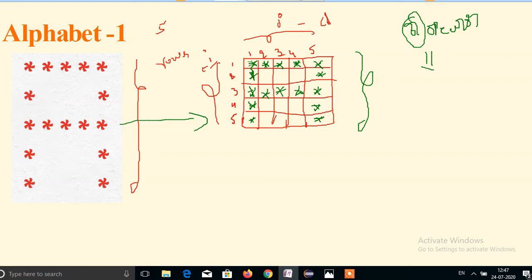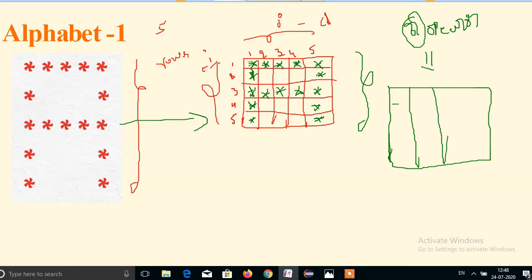So what is the OR operator? For example, I will write a true or false table here.